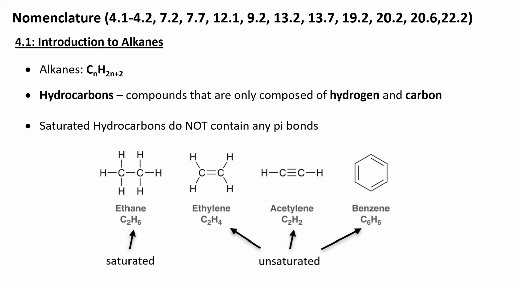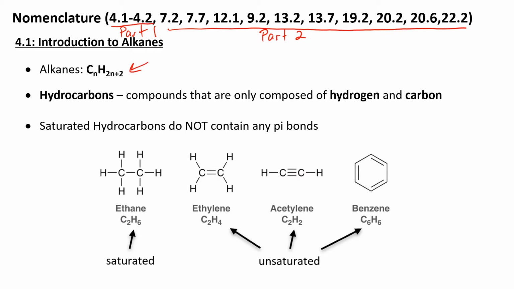We're going to look at 4.1 and 4.2 in this particular lecture, but then the rest of our nomenclature unit will cover sections 7.2 to 22.2. These are just individual sections from a chapter. So 4.1 and 4.2 will be part 1 of our nomenclature unit, and the rest will be part 2. So let's begin with section 4.1, which is just an introduction to alkanes,